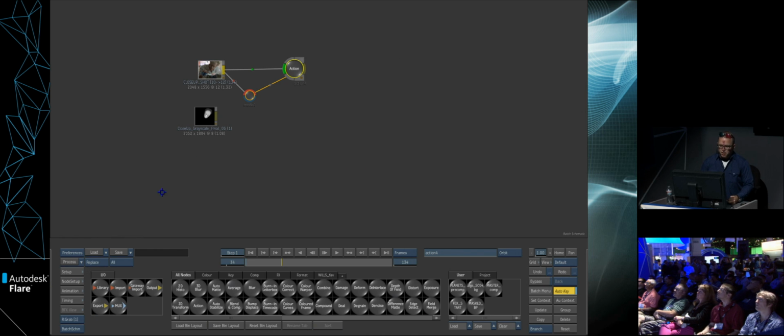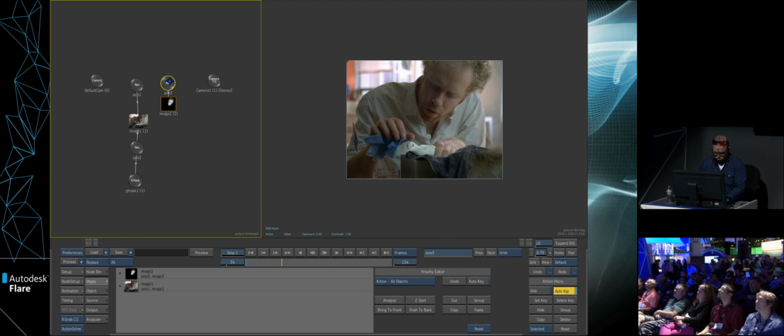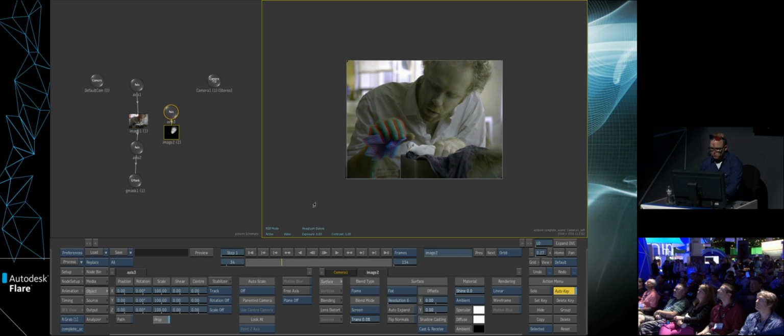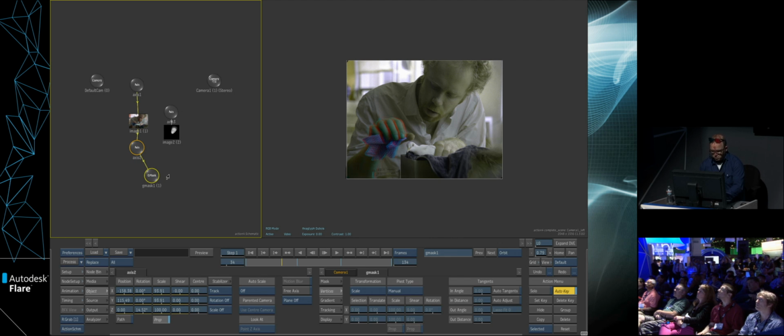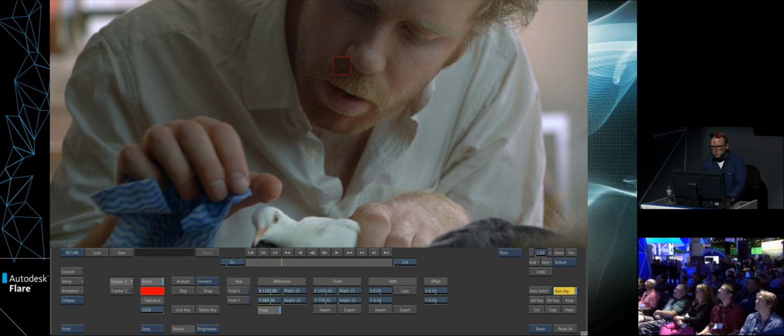If we then bring in our layer here, what you could actually do would be to take this guy, put him into your scene, and then we'll actually track him into place as well. So I'll just take this layer here, and I'll just screen it in so you can see where it is. If we just go to our view here, what we'll be able to do is see him in there, and then I'd like to just track him into place. These are the building blocks that you can see going together. This is our traditional point tracker now available to us. So if we grab him, put him there,